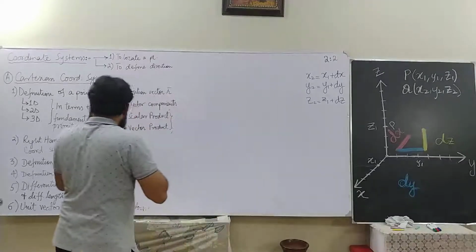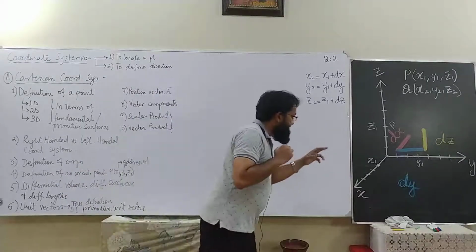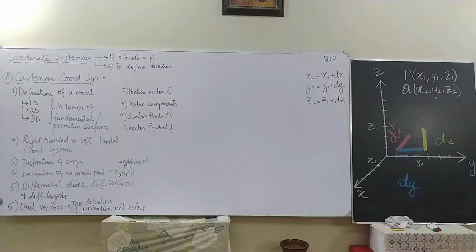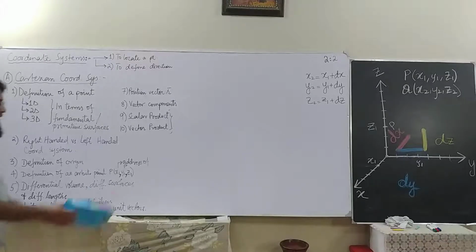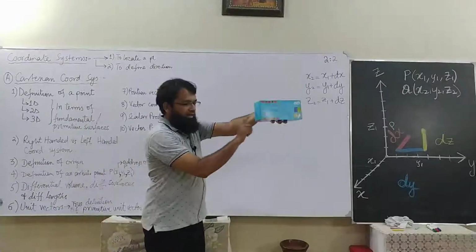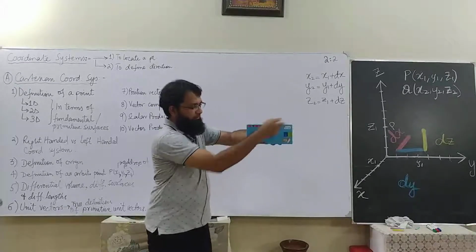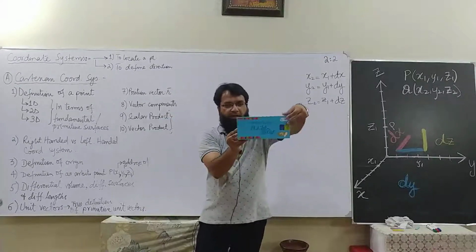And you can see that those 6 different planes are actually enclosing a volume. These 3 different planes and these 3 different planes are